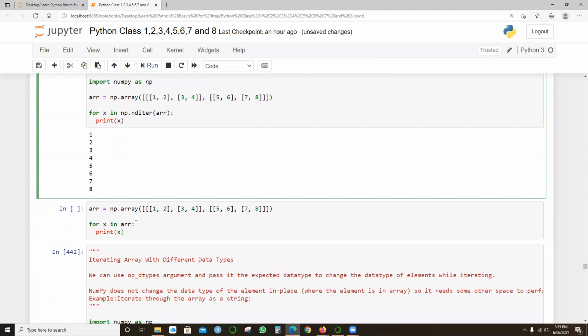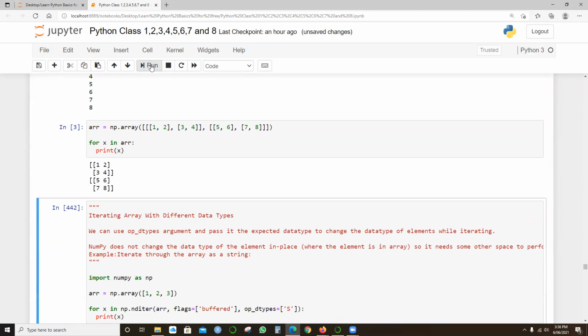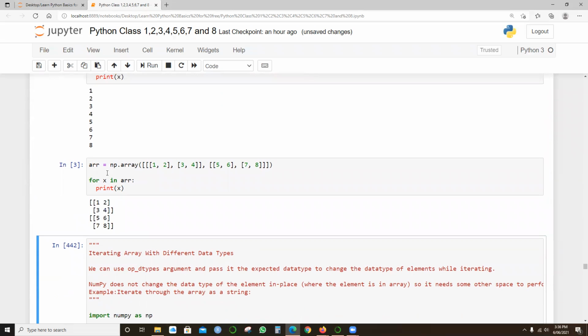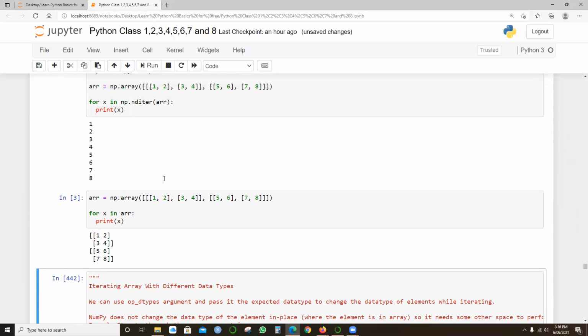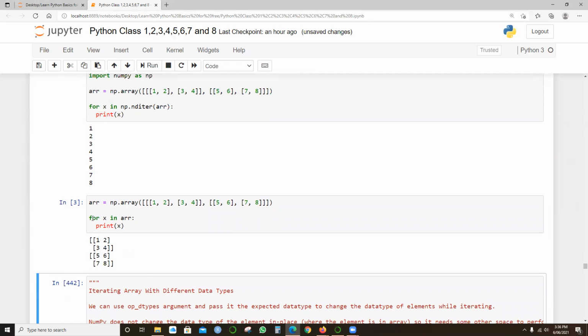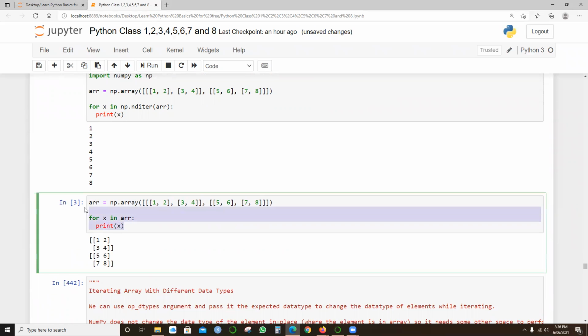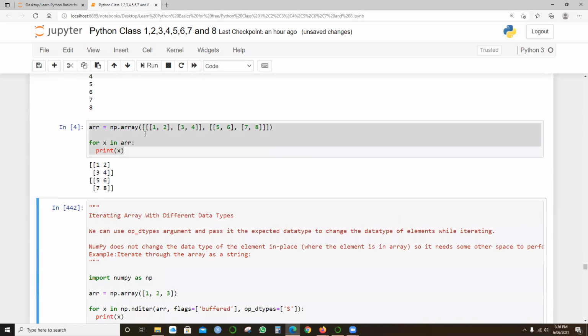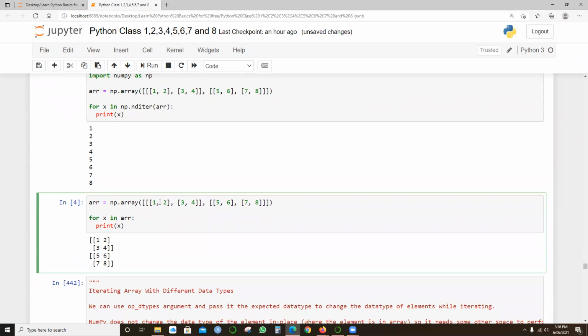Let me try this example. So what is happening over here? Array equals np.array, right? This time I'm saying for x in array, print x. So this time we're just printing the array. It is separating the elements, 1, 2 here like in a single dimensional array, again 3, 4, again a double dimension, 2 dimensional, then 5, 6 and 7, 8, right?